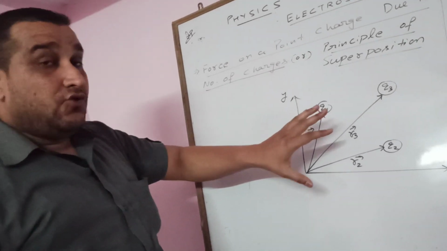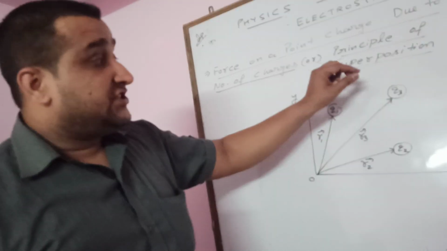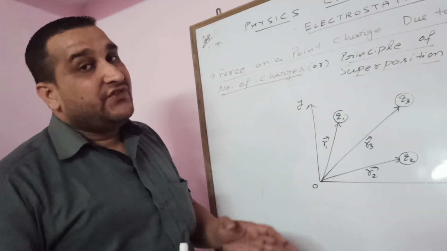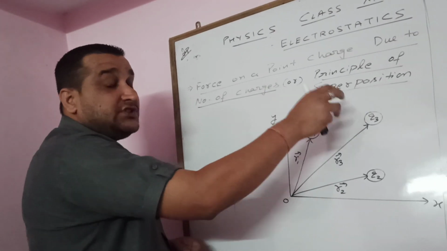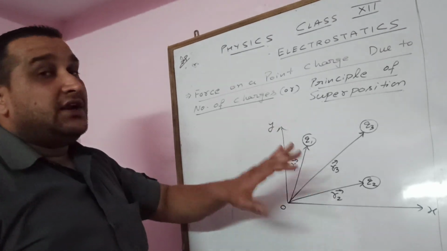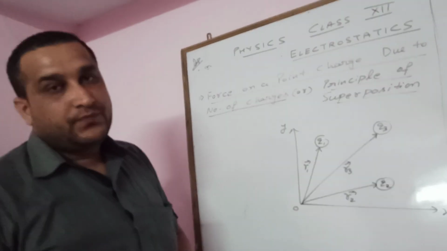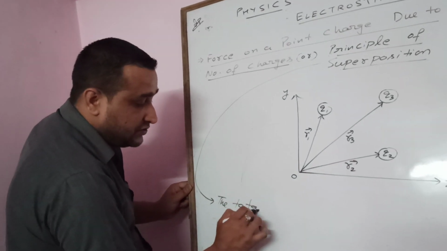We have taken only three charges, and we assume Q3 as the point charge. We need to calculate the total force exerted on Q3 under the influence of charges Q1 and Q2. So the superposition principle simply says that the total force